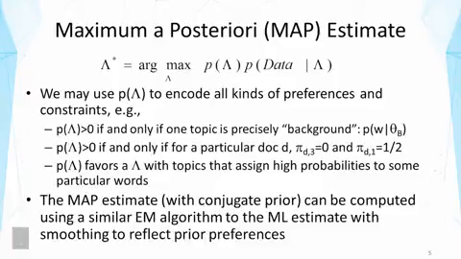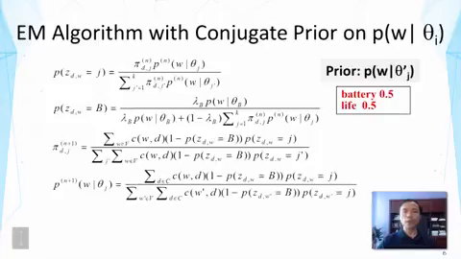It doesn't mean conjugate prior is the best way to define prior. So now let's look at a specific example. Suppose the user is particularly interested in battery life of a laptop, and we're analyzing reviews. So the prior says that the distribution should contain one distribution that would assign high probabilities to battery and life. So we're going to say, well, there's a distribution that's entirely concentrated on battery life, and our prior says that one of your distributions should be very similar to this.